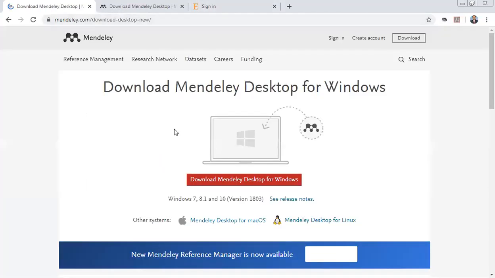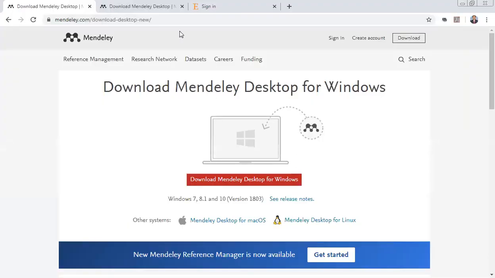Once you click on that, kindly select the option download Mendeley desktop for Windows, and it will start getting downloaded in your system. The same software is also available on the Play Store, so you can even use it on your mobile smartphones. Once it is downloaded, the icon will be something like this, an M in a round color.